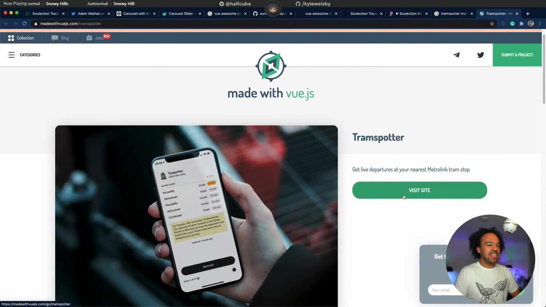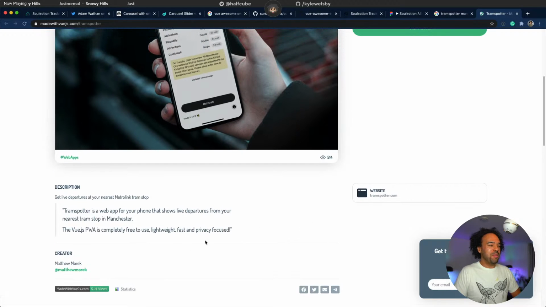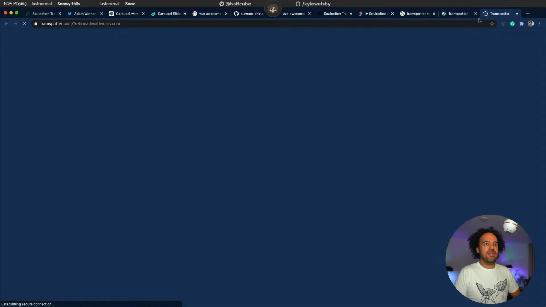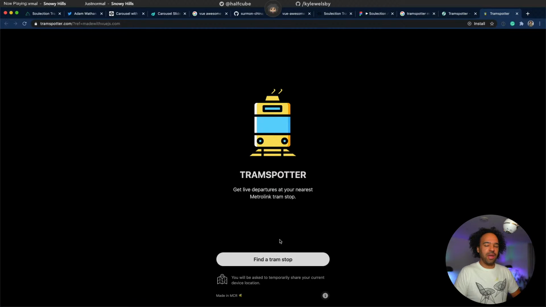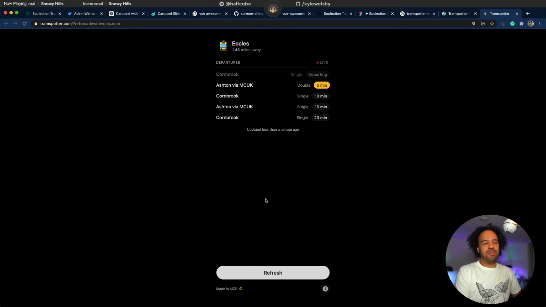And this application, I don't know whether it works on desktop, but when you go to this site, you type in your location, or give it access to your location, and it'll tell you where your closest tram stop is and what the next tram will be.